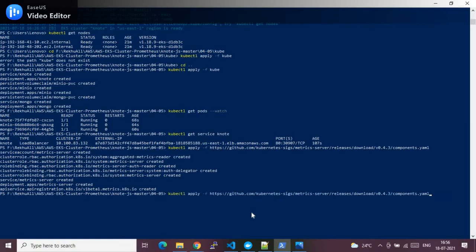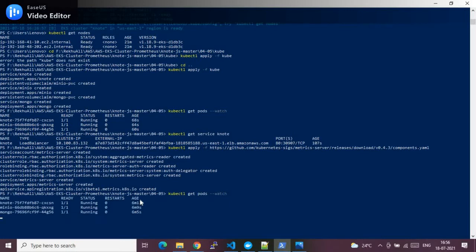Now let me see the pods. Earlier there were 3 pods. Let's see if the pods have increased. As you see, the pods are still 3. We have just enabled it, but the service is not yet running.